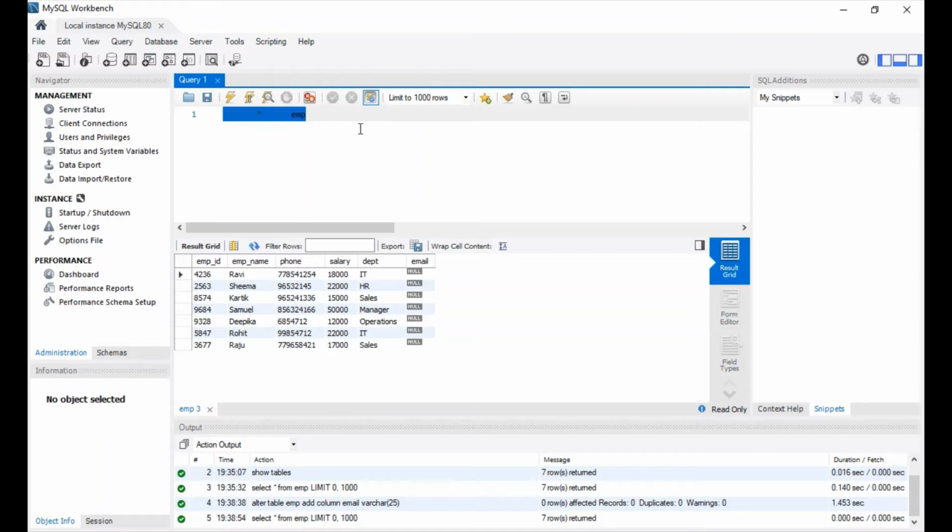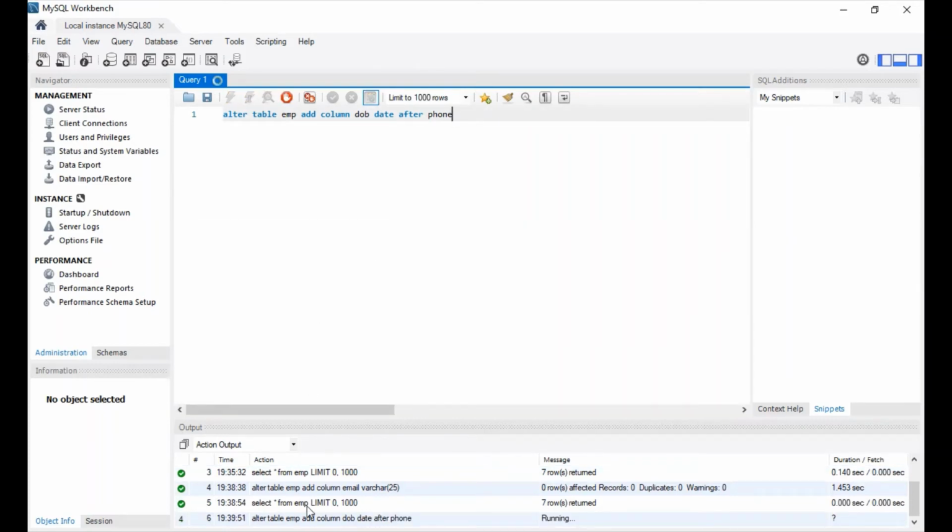Let me add one more column: ALTER TABLE EMP ADD COLUMN DOB DATE AFTER phone. After the column phone, one more column will be added. The name of the column will be DOB and the data type will be date. So let's execute this code.